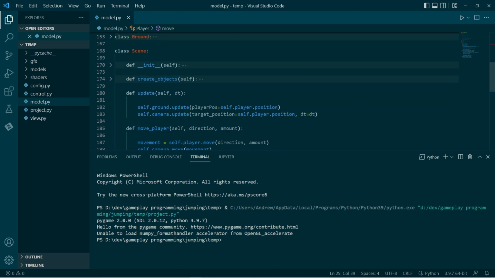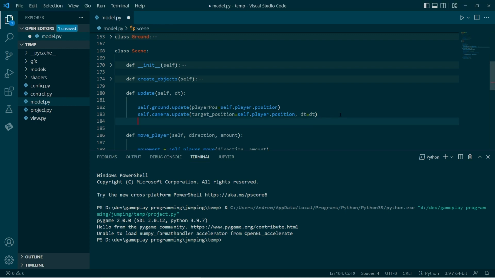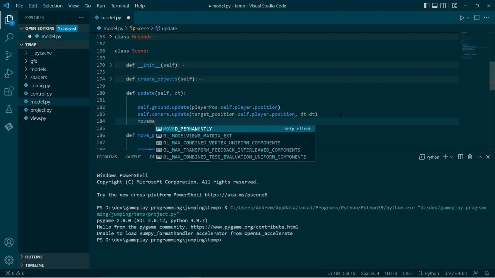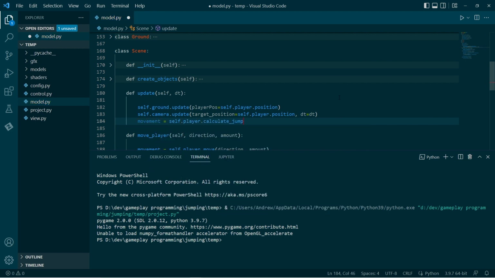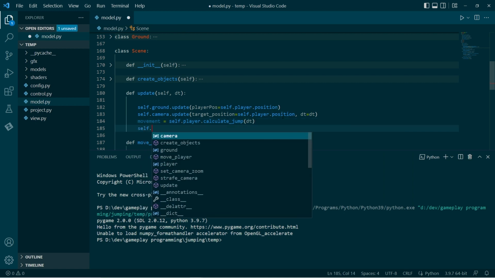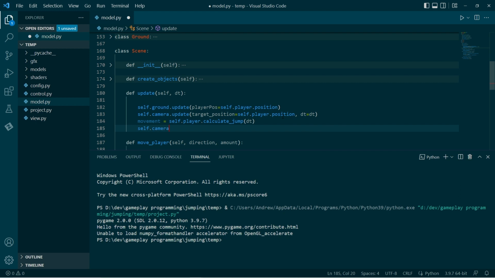Now let's look at the scene. So in the update, like I said, I'm going to get the movement, and then I'm going to move the camera according to that.